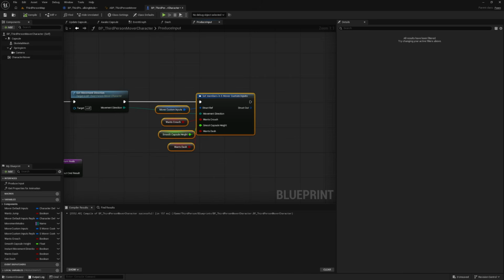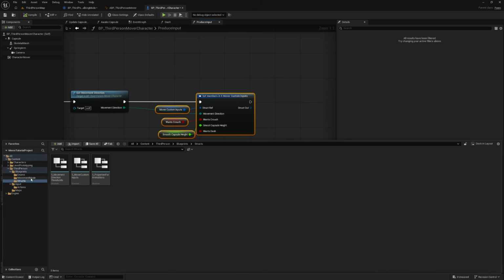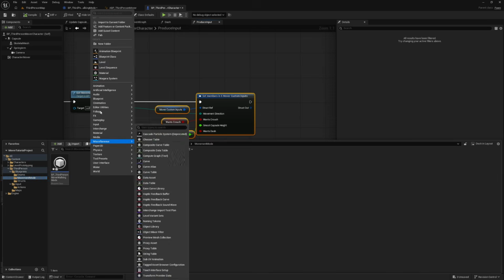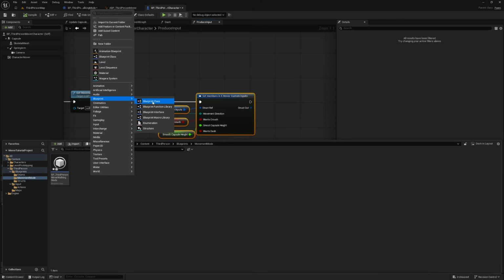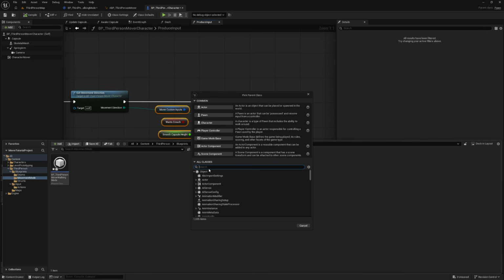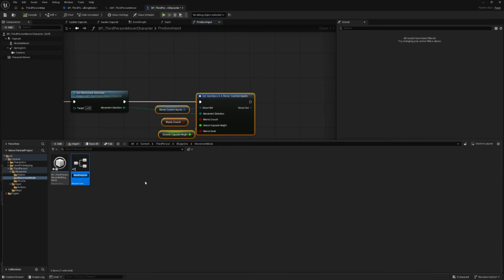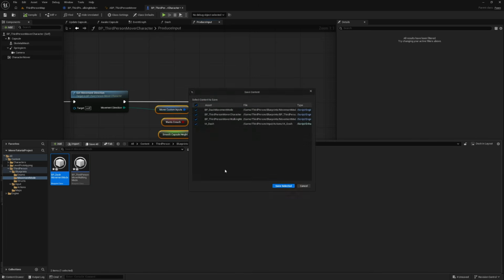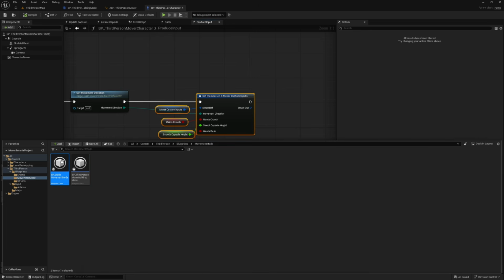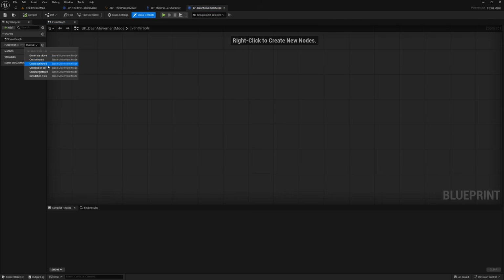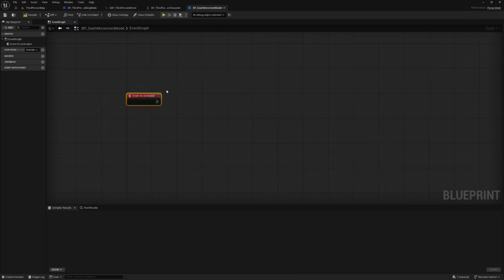So first we have to create a new movement mode for dash. Let's create a new blueprint class. Name will be flying mode. Yeah, we will change the name to BP dash movement mode. Okay. Let's open it up, and when this one is active,